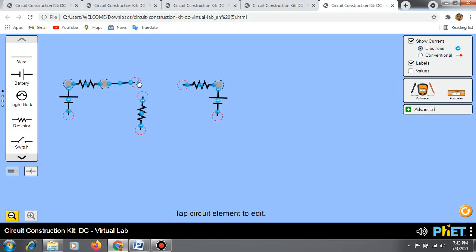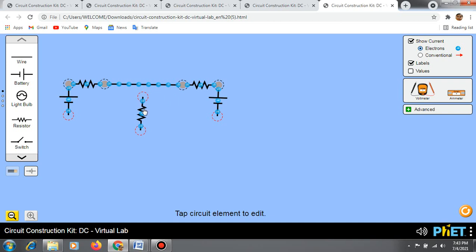If not, the circle remains red. So you should verify whether the connection is made perfectly by seeing the change in color; black means the connection is made perfectly. Just drag this and keep it here. Now the color of the circle changed to black, which means the connection is made perfectly.